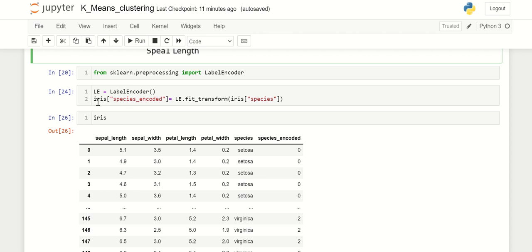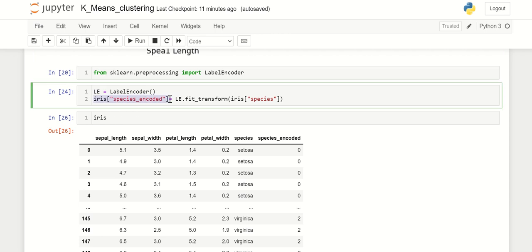So we will define our input. This is the output variable that we will be using to save our transformed variable. The variable that needs to be encoded is our species variable, which we define by iris, square bracket, species.